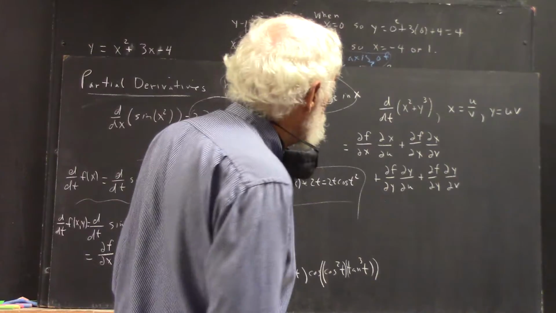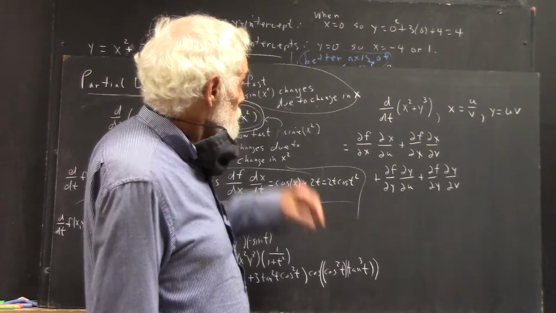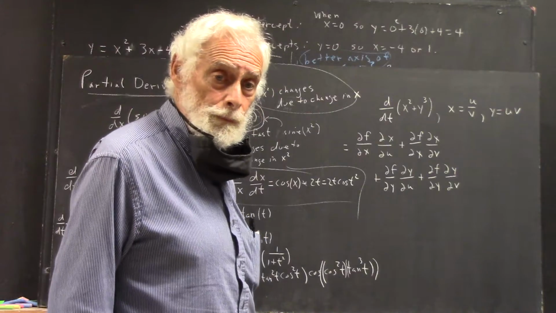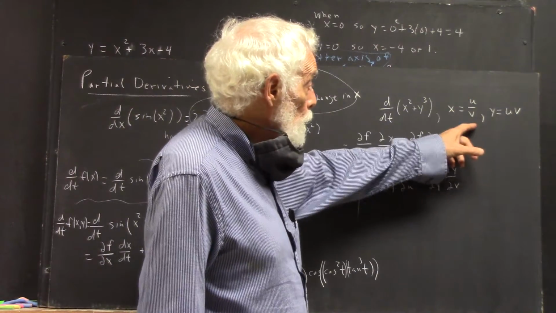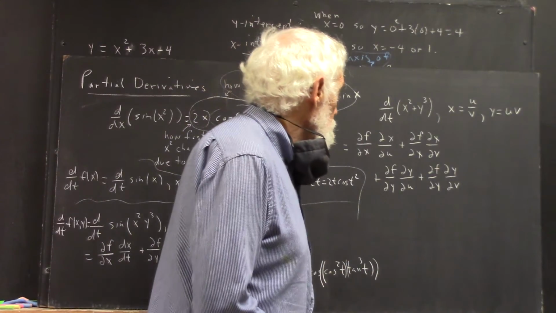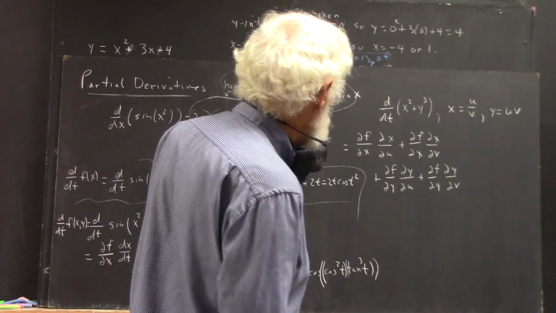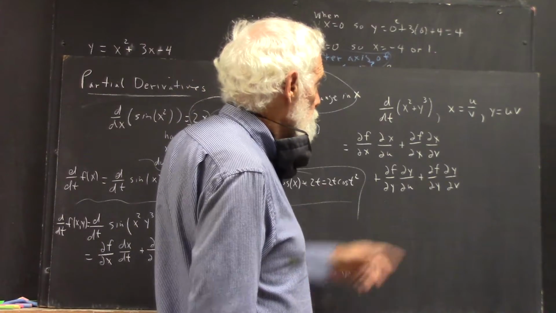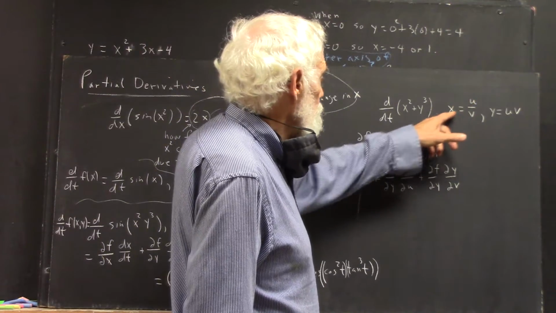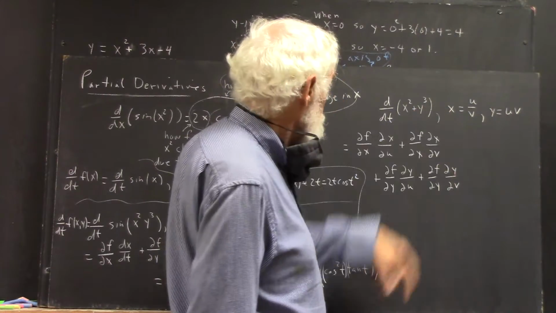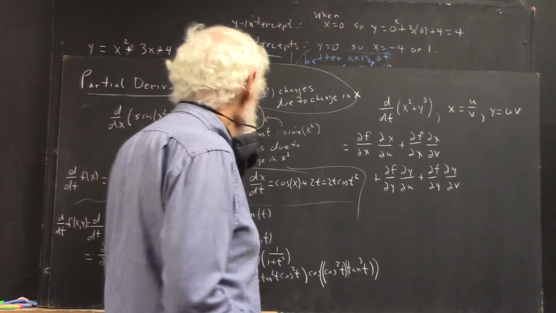Okay, over here, you're going to love this one. Say you want the derivative of x squared plus y cubed, where x depends on both u and v, and so does y. Well, then a change in u is going to cause a change in x, right? And a change in v is going to cause a change in x. So you're going to need